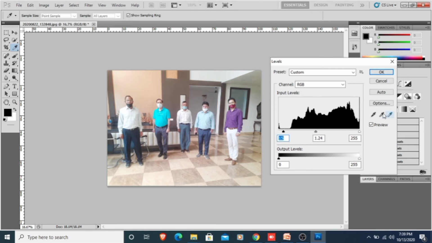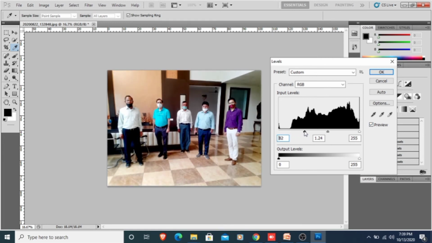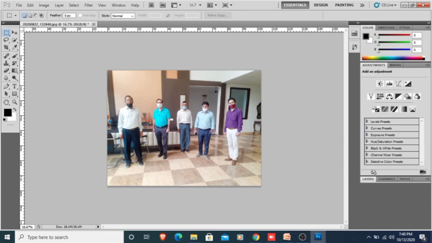Now here we have to keep the preview option checked while we are making the adjustment, to see the changes to our image. If I make a change in the image, it will show us the preview at that same time. Then if our color adjustment is done, we have to select the OK button. Here you can see our image gets more natural compared to the previous image. Hope you all are clear with the color adjustment tool.